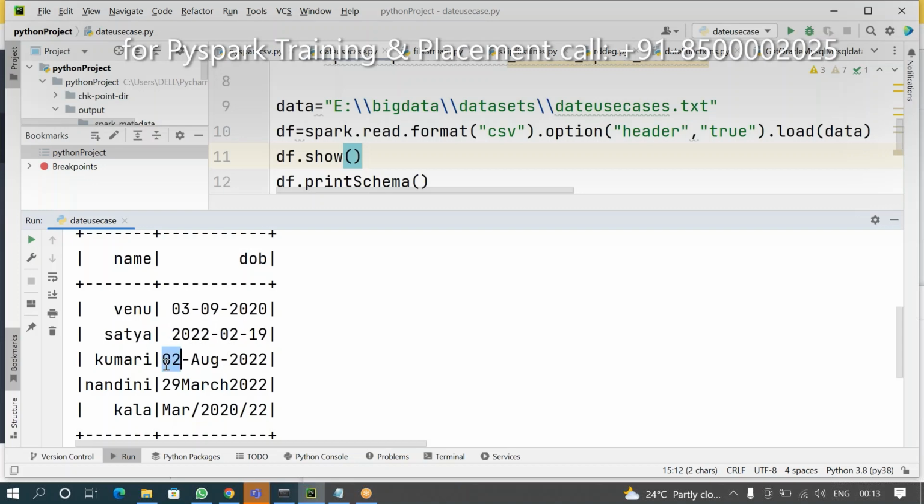Another, Kumari, second AUG, that means dd-MMM-yyyy. Similarly, Nandini, here there are no hyphens also.